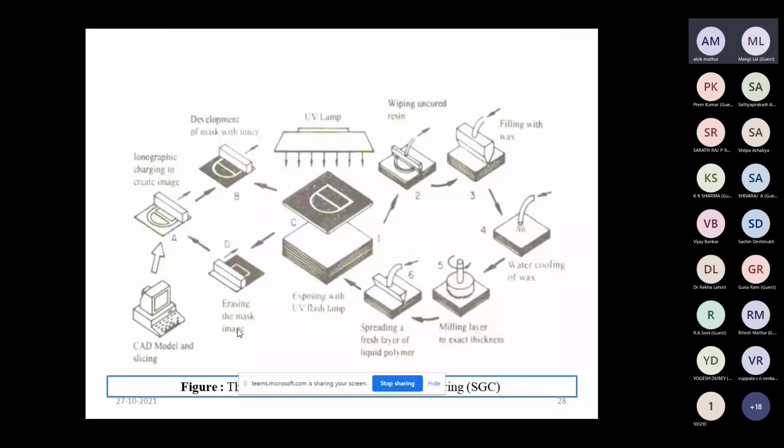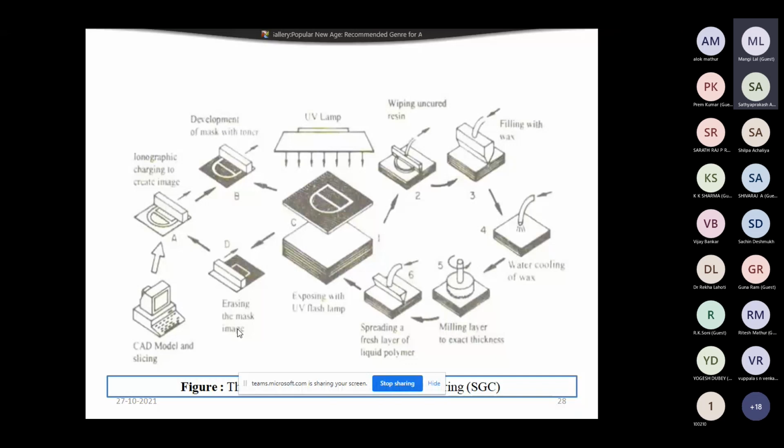After preparing this photomask, in figure B you can see that the mask accepts only the area which is required for the production, and the rest of the surface is black.